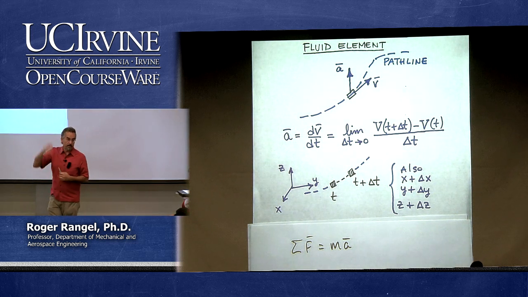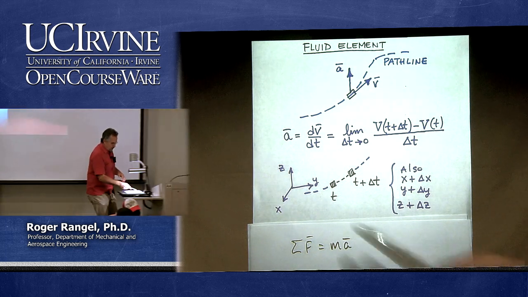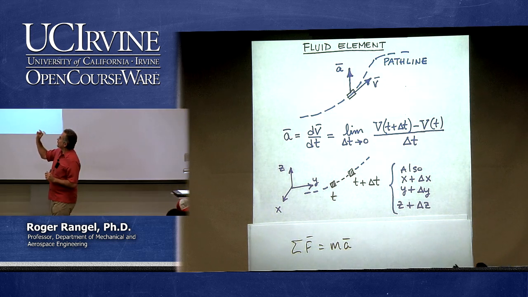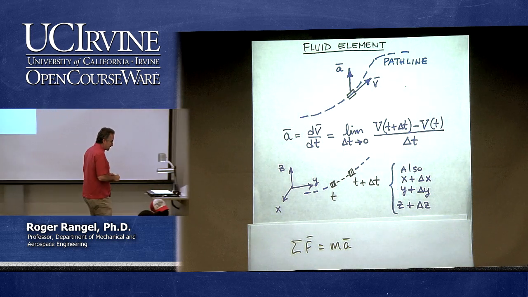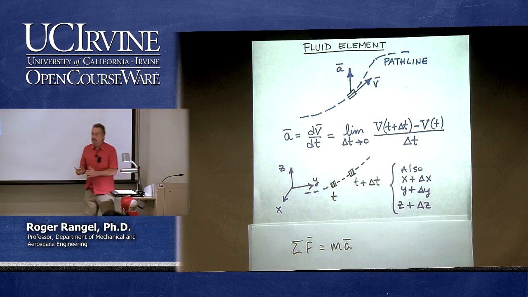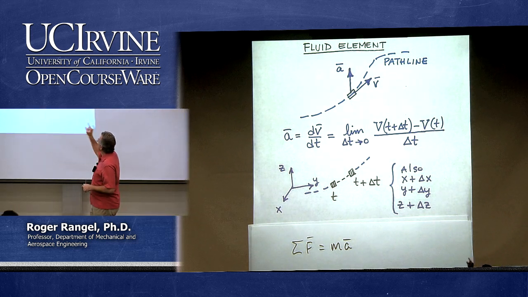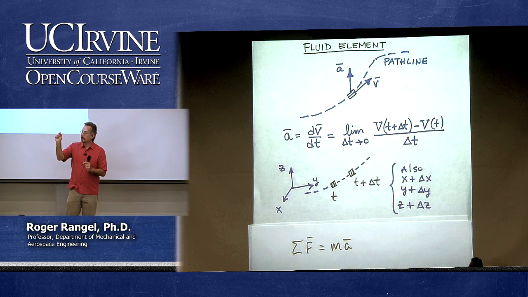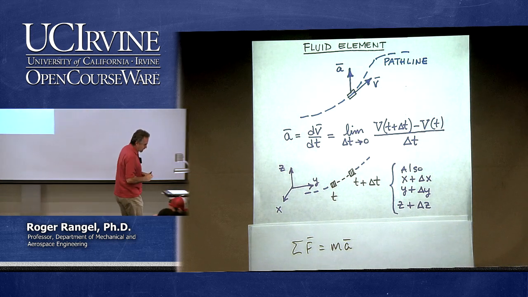So because I want to apply my definition of the derivative. Okay? And I put a coordinate system there, x, y, z, a random coordinate system. So one thing that I note is when I draw the particle at t and then I draw it at t plus delta t, that indirectly implies that the particle is now at some new value of x, y, and z. Okay? So at time t plus delta t, the particle is at x plus delta x, y plus delta y, and z plus delta z. Everything has changed for that particle. The time has changed and the position has changed, all three coordinates.